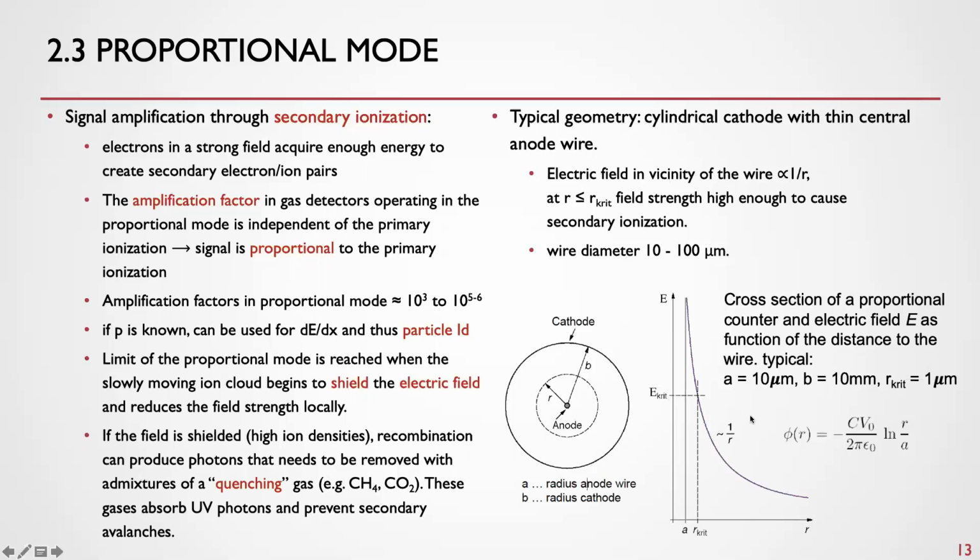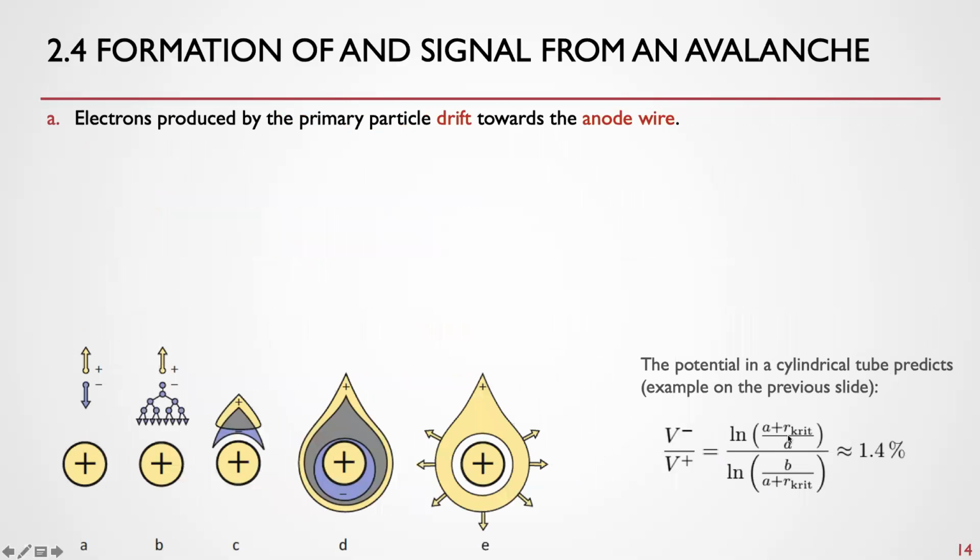So at a distance of 11 microns from the origin, we begin to create our avalanche, and if you insert the numbers, the electrons will contribute with a factor logarithm of 11 over 10, while the